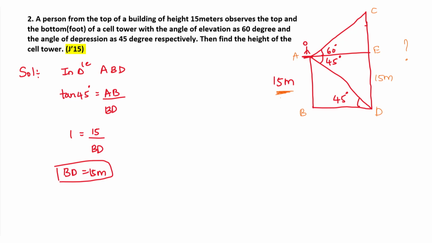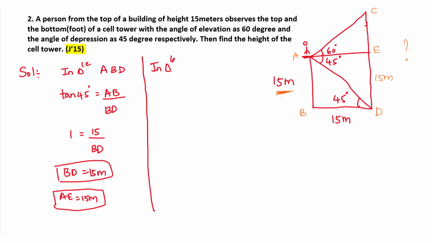If BD is 15 meter, then AE should also be equal to 15 meter. Why? Because the distance will be same between B and D and A and E. Next, in triangle AEC,